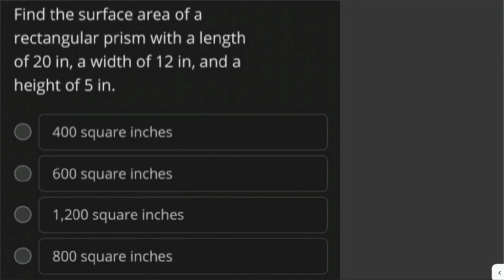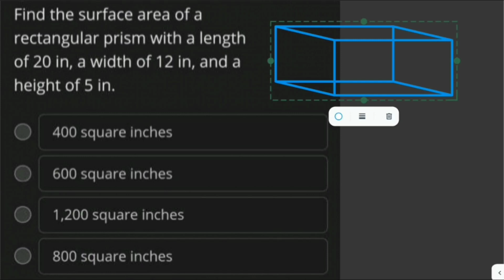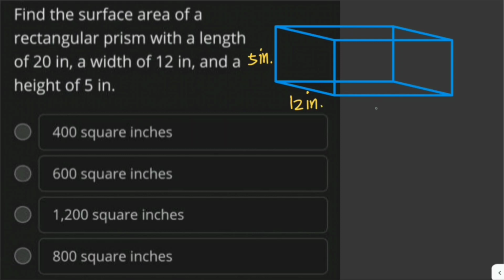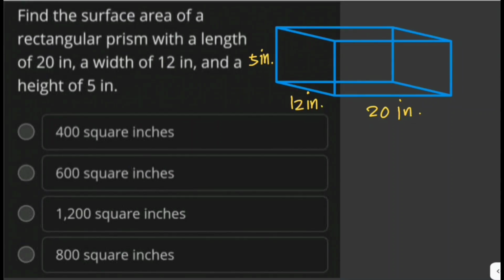Problems here. Find the surface area of a rectangular prism with a length of 20 inches, a width of 12 inches, and a height of 5 inches. So if this is our rectangular prism, this is our height, which is 5 inches, and our width, which is 12 inches, and our length, which is 20 inches. Now to solve for the surface area of the rectangular prism,